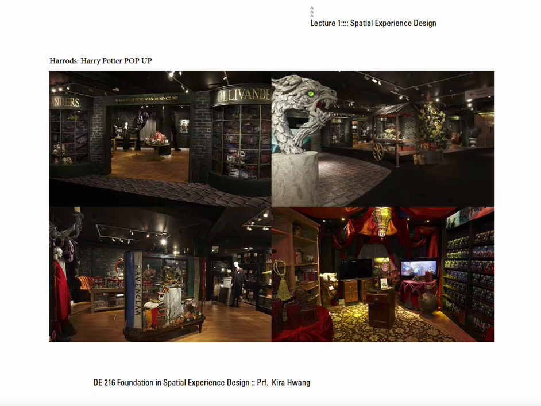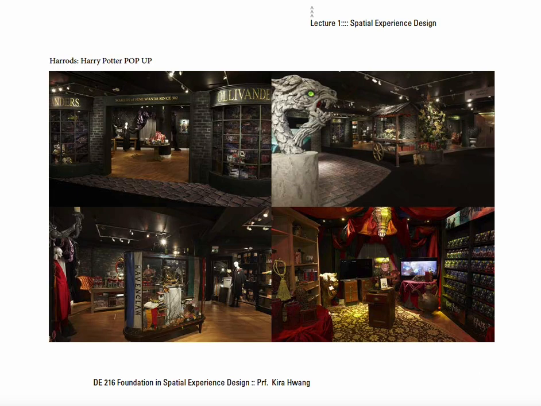This event often featured themed merchandise, interactive experiences, and immersive installations that allow those Harry Potter fans to step into the magical world of the stories.